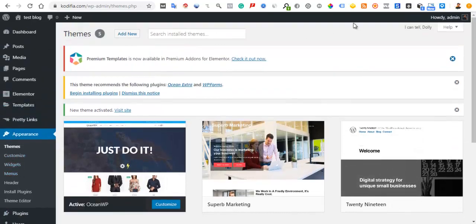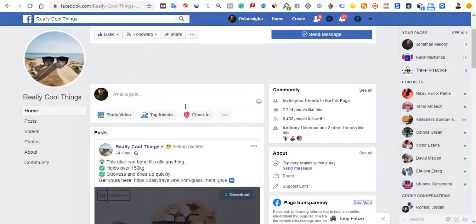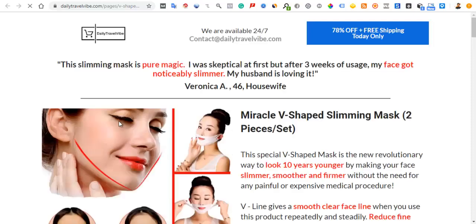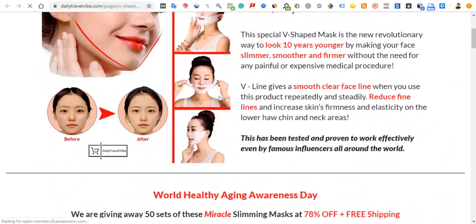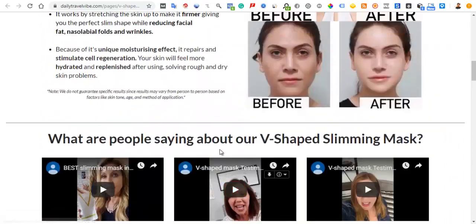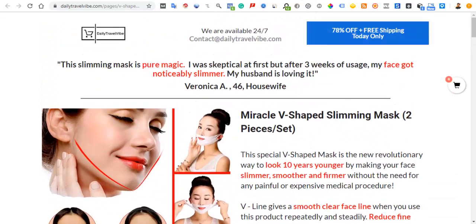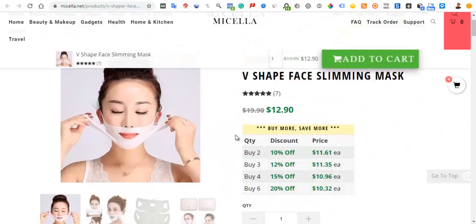So now I've decided that I'm going to be creating a website on this product called the V-shaped mask. Okay, I'm going to be creating the site based on this product right here. It's a great product I sold in the past. A lot of people sold it and made lots of money from it. All right, so I'm going to be drawing my inspiration from this page and then also from this other page. Okay, so these are two different pages I'm going to be using as my inspiration